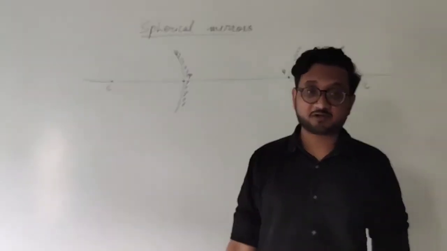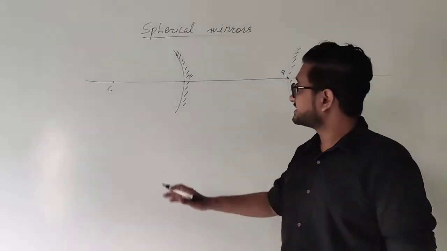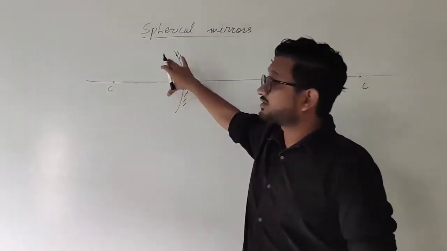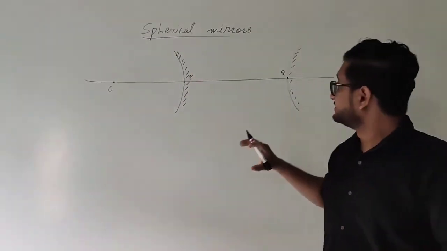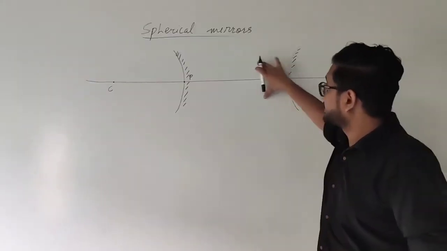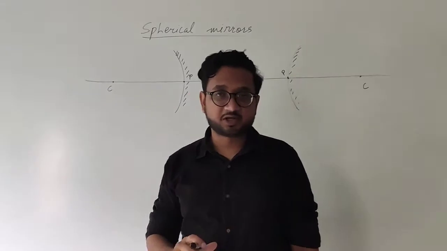Now remember, whenever we are drawing the diagrams related to the spherical mirrors, we always keep the mirror in the right, like this, and then we bring the rays of light from the left hand side, in this way as well. The concave convex mirror is this way, and we bring the rays of light from the left side to the right side towards the mirror.